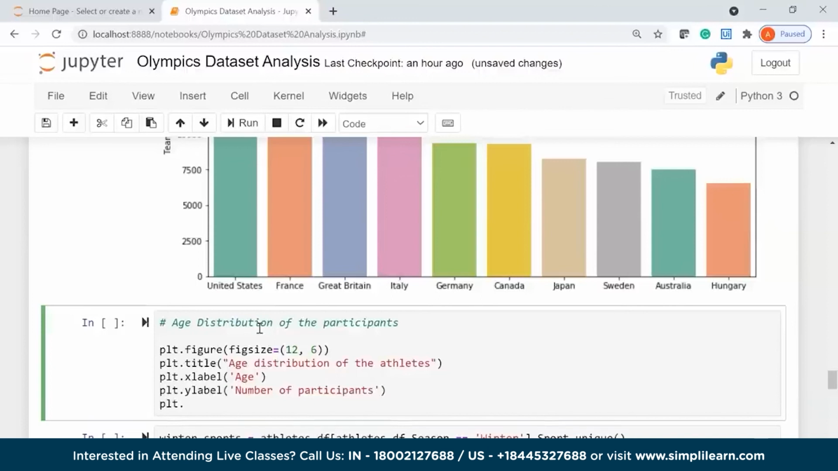Next, I'm going to use the hist function. So I'll say plt.hist, and I'll pass in my data frame, that is athletes_df.age, which is my column name, comma, I'm going to pass in the bins. For that I'm going to use the np.arange function. So np is for numpy, and inside this I'll say 10, 80, 2. So my bins will start from the value 10 and go until 80 with a size of 2,